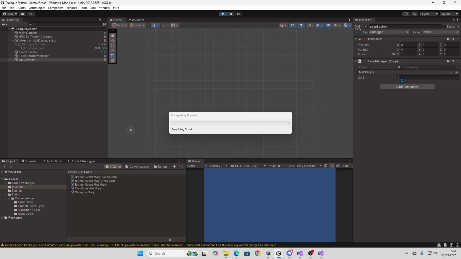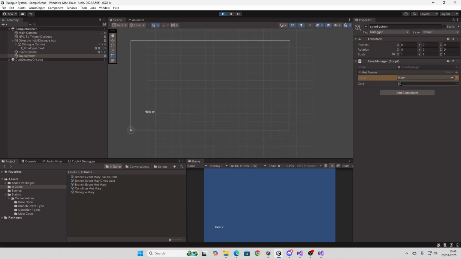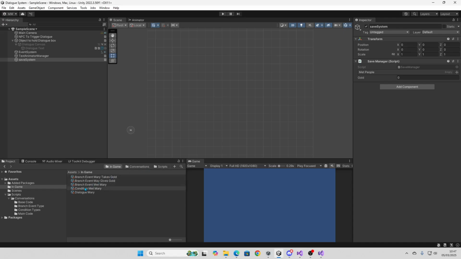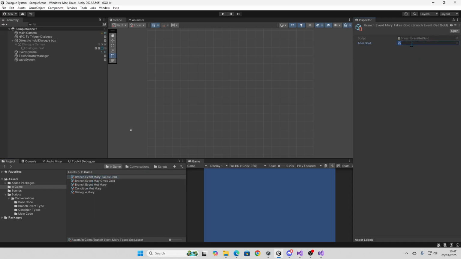Met people and gold should alter. So there I've got my 50 gold, Mary, and this is the events that happen in this first branch. So next is nothing's happening. Then the third branch, 75. I did something wrong, which I know what I did wrong. Takes the gold. I give it as 25 minus 25